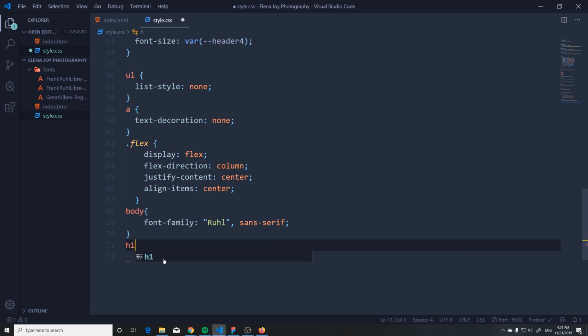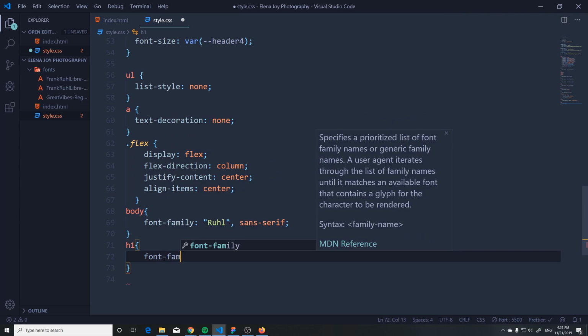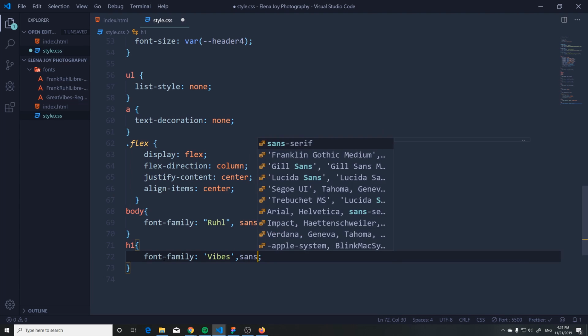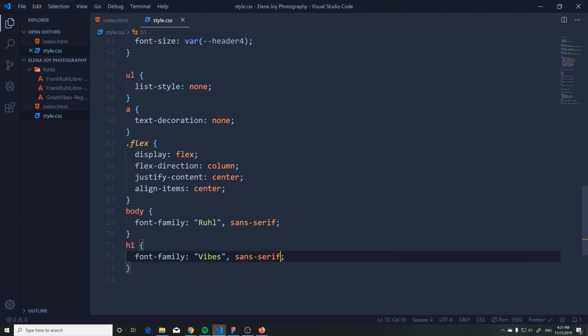Now on the H1, which is going to be my logo, I'm also going to add a font family of vibes. Vibes like this. Okay, and let's do sans serif. Okay. So generally that should be fine. Okay, we can start moving to our